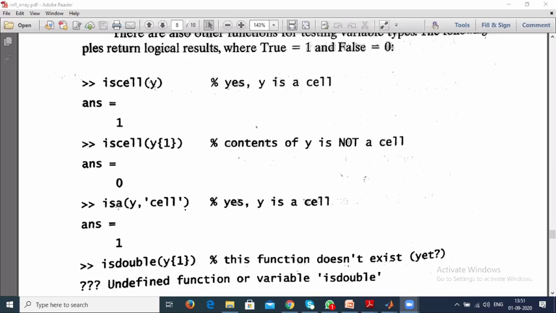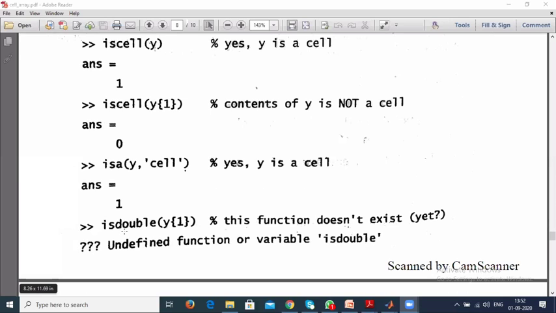Is it a double or a string, we can use it. If it is for cell, you can ask. Is it a string? You can ask. You can write string. If it is a double, you can write double. Whatever you want to test, you can write it in this way.